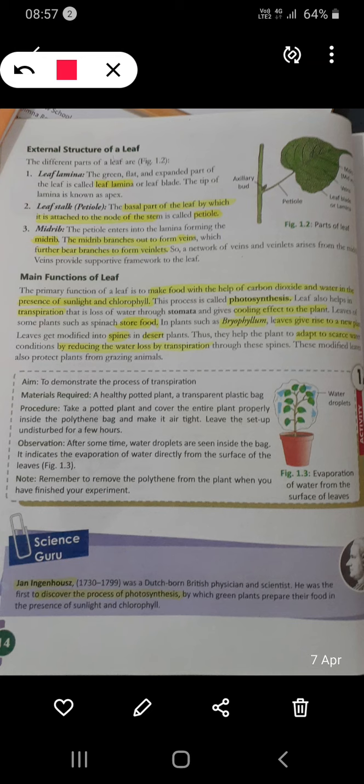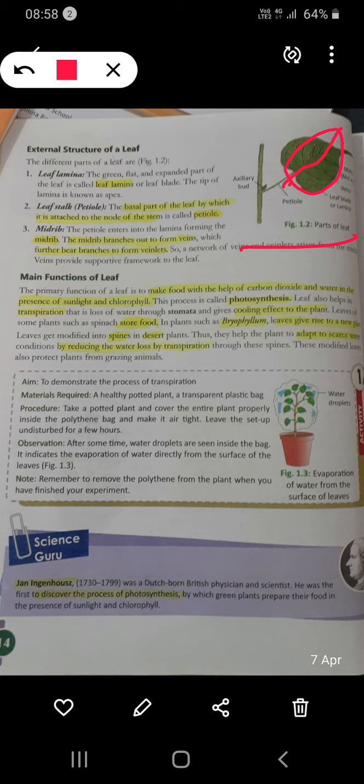Now we will discuss about the structure of leaf. This is the drawing of parts of a leaf. I have already sent you this. This flat part is known as leaf blade, or we say it as lamina. And there is a line in the center of this leaf. This line is known as midrib